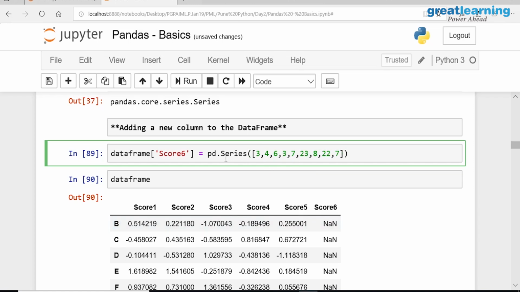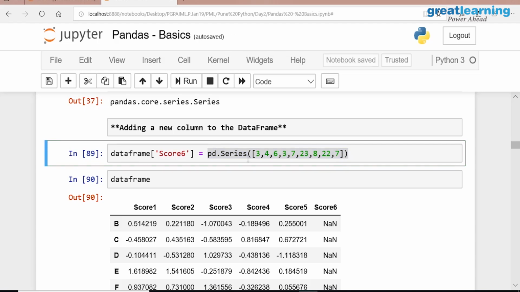Because the index of this particular thing is different from the index of this. It's not able to match. I told you earlier with sports 1 and sports 2 we are trying to see, and for some sports we got a NaN value. Why? Because when you are adding something, it will only go by the index. What is the index of this series? 0, 1, 2, 3 like this. Is any 0 matching here? No. Then will it be able to add? No. So what should I do now? Reset.